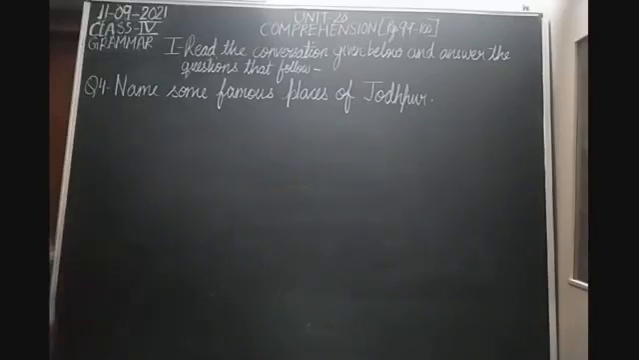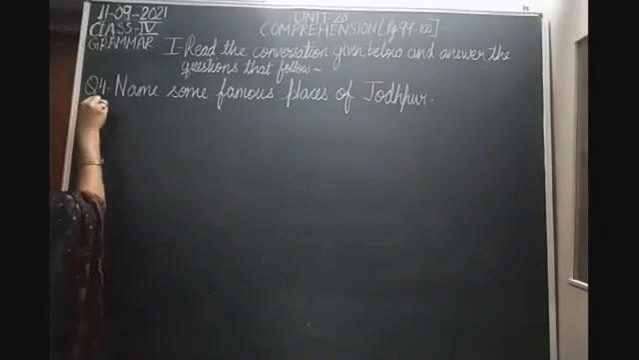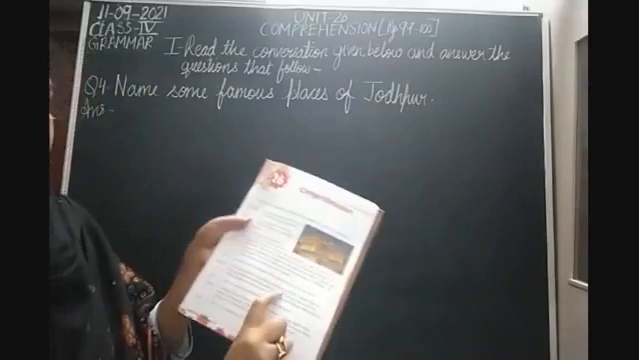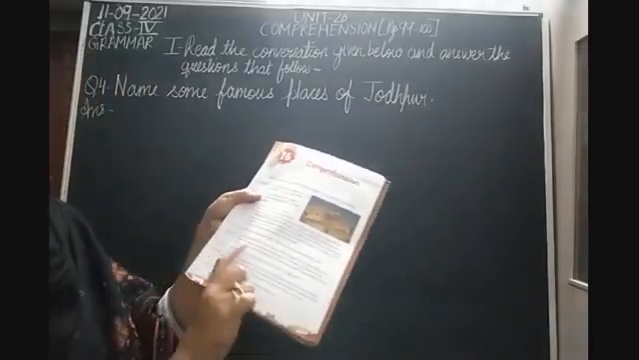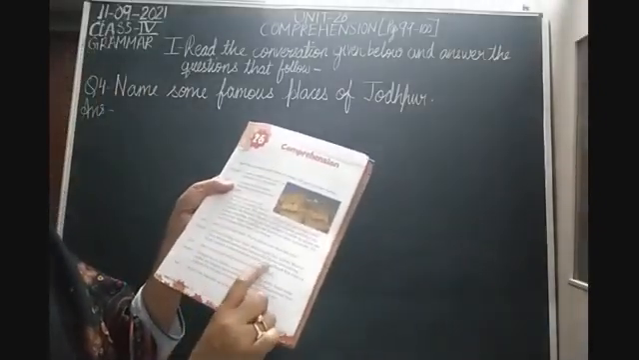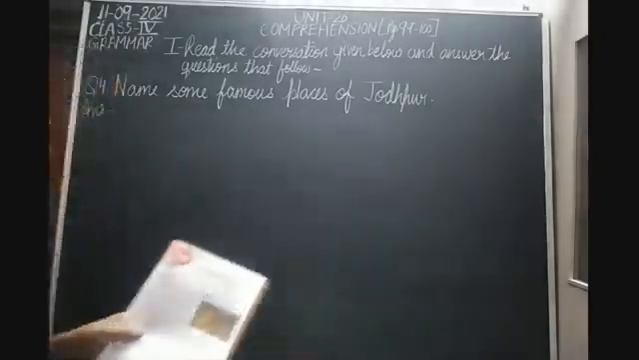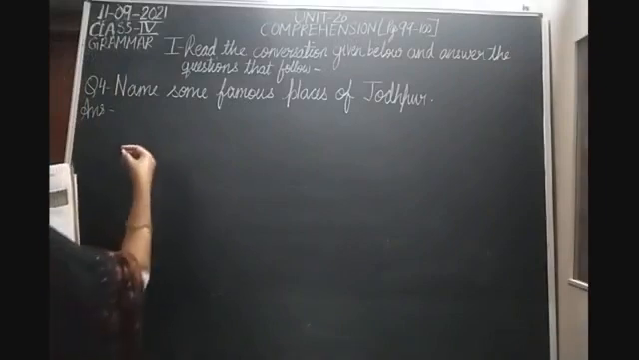Okay. Now, you can see over here, Mehrangarh Fort, Umaid Bhawan Palace, Mandor Gardens and Jaswant Thada are mesmerizing places of Jodhpur. Fine. So, the answer is